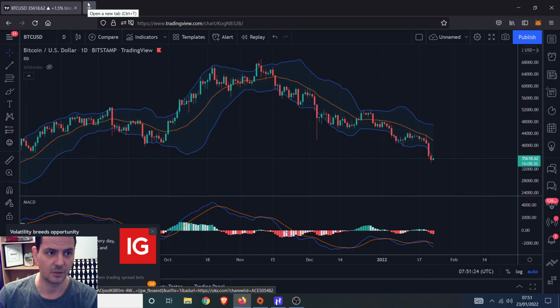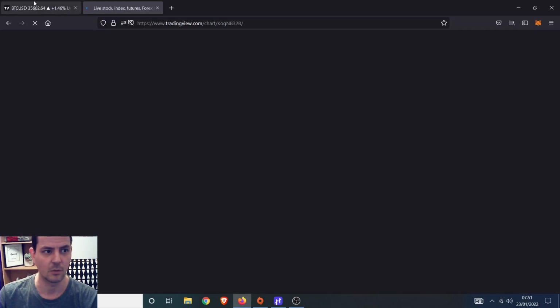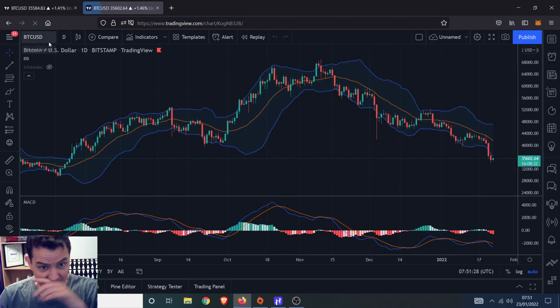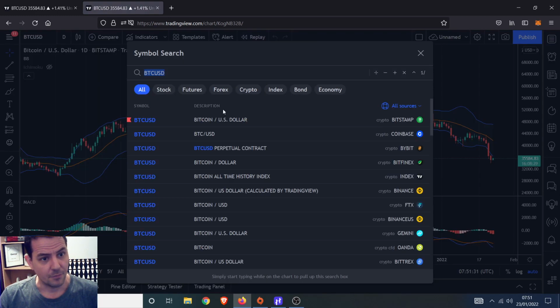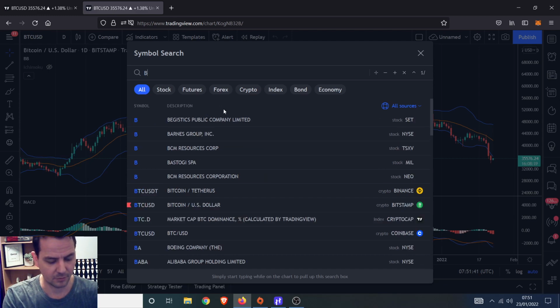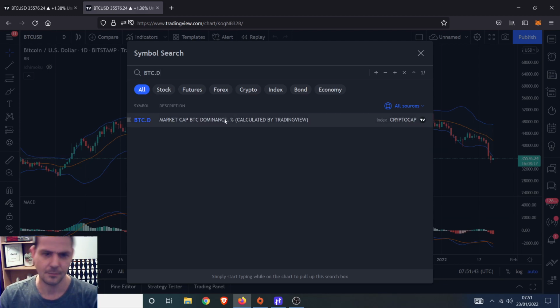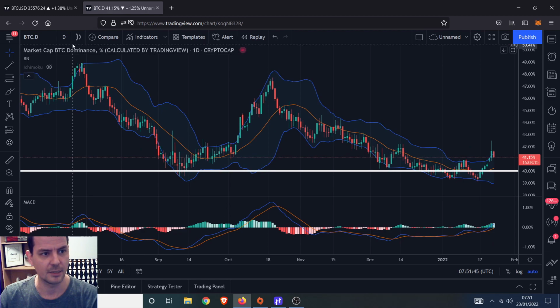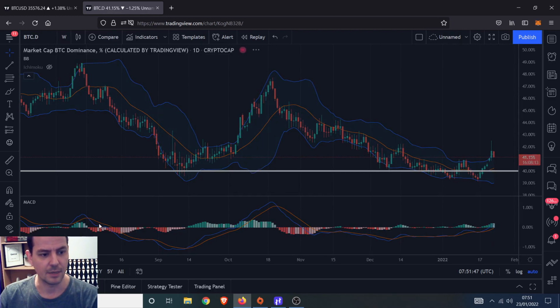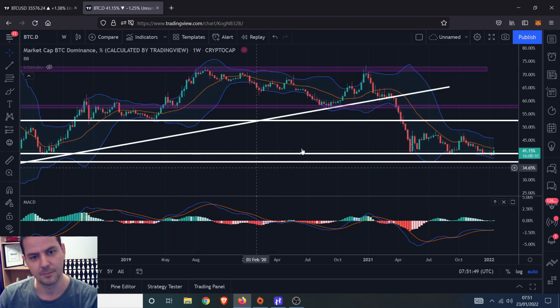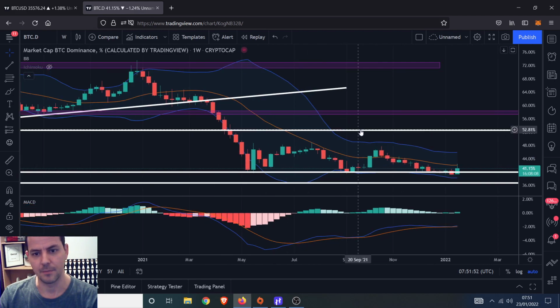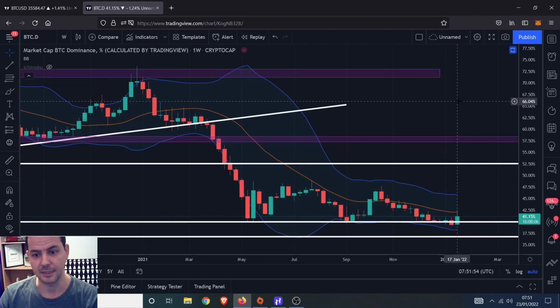Because if we go over to, I'll open up a new chart, because I want to go back to this basic chart for Bitcoin in a minute, because I want to show you one thing which could signify an enormous crash over the coming months, and something to look for. But before that, we'll just have a quick look at the Bitcoin dominance chart. And the reason I think that altcoins are likely to see some kind of extreme reaction for a Bitcoin bounce would be this. And again, this is just in the short term.